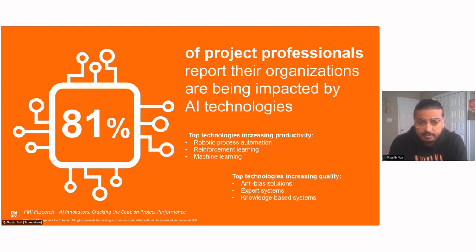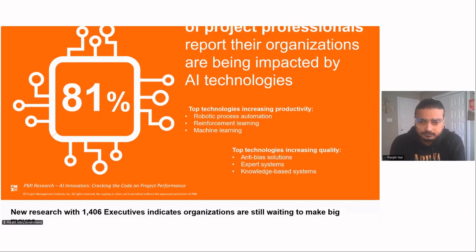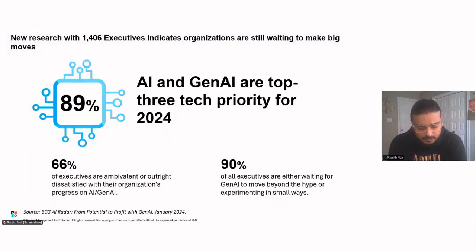We see RPA, which is robotic process automation, reinforcement learning, machine learning, and now generative AI as well. There was research conducted by BCG and released during the World Economic Forum, which indicated that AI and especially Gen AI are top three tech priorities for 2024. However, about 90% of the executives,